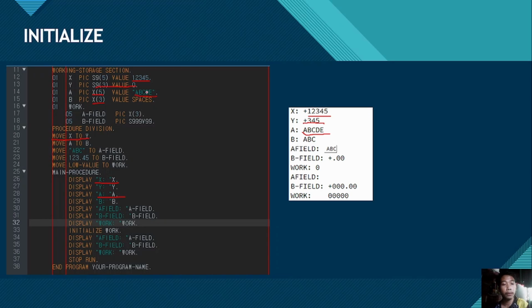So we need to remove the last two alphabets of the value a, which means abc would be placed in b. So as you can see, when we display a field, we are copying abc to the field, which means the value of the field will become abc. So when we display b field, we copy